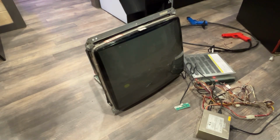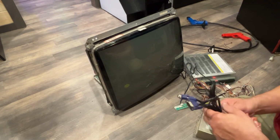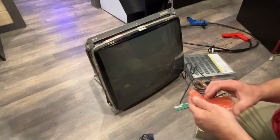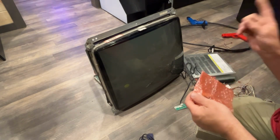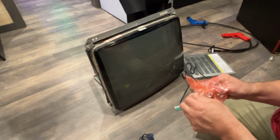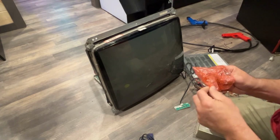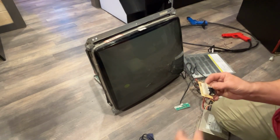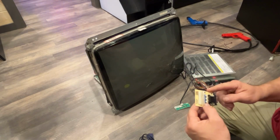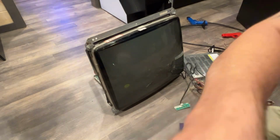Okay, I'm getting nothing on the monitor right now. I don't have a speaker hooked up, so I can't really coin it up to see if it's going to do anything. But I remember on my Carnival King over there, I have one of these adapters that go from CGA to VGA, and I don't know if that is what I need to do for this, but I'm willing to give it a shot. So let's plug this in and see if it does anything. I don't know that it will,